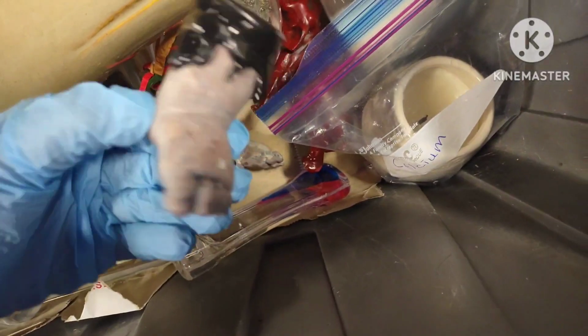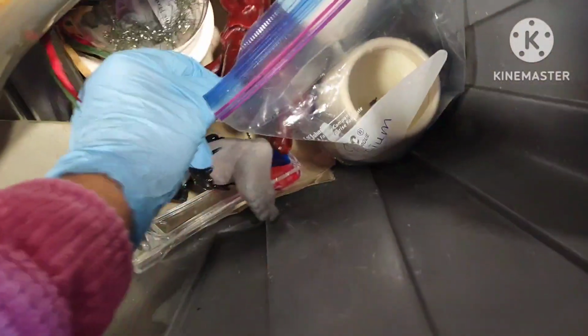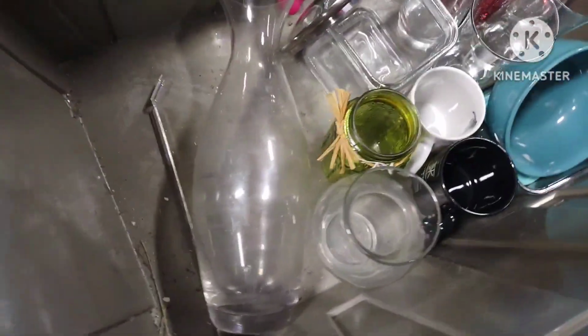I thought these were pretty creepy. Probably be good for Halloween. Someone made some baby feet candle holders. I'm not sure what they were. But this is usually where breakable items are, or sometimes in cardboard boxes are just things that people straight up